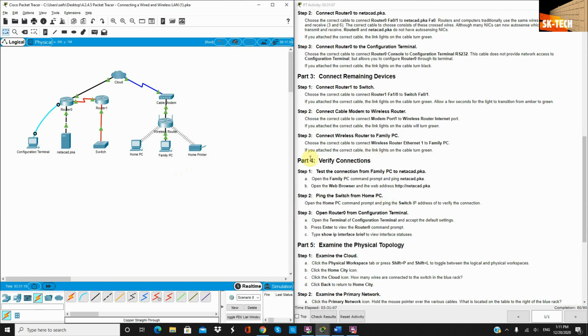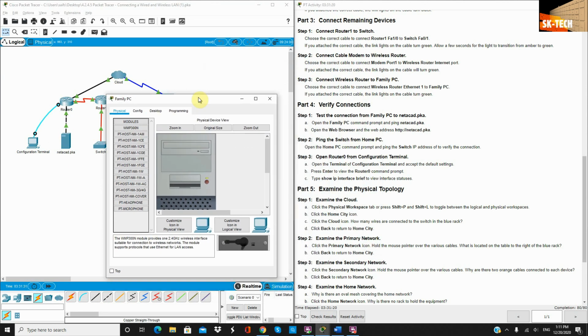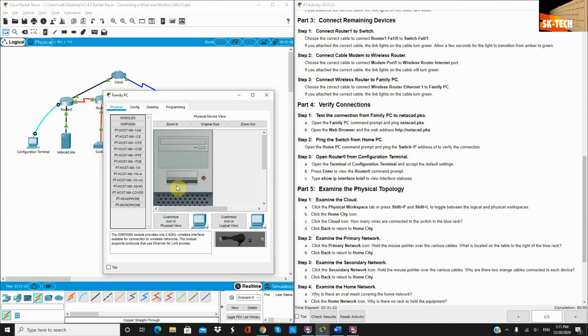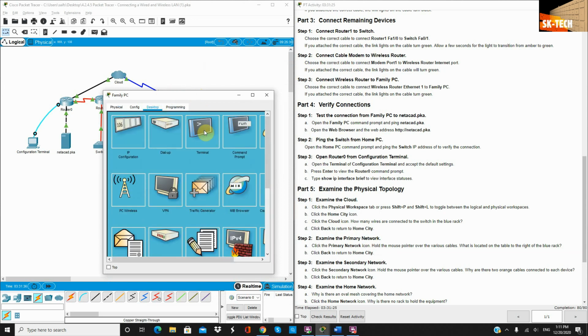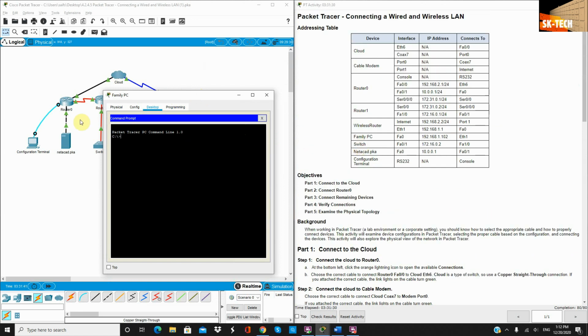We'll continue, and now we will verify the connections in part 4. Test the connection from family PC to the server. We'll open the family PC and we'll ping the server. We'll go to desktop, to command prompt, and we'll ping the web server, which is this one. Okay, ping 10.0.0.1,